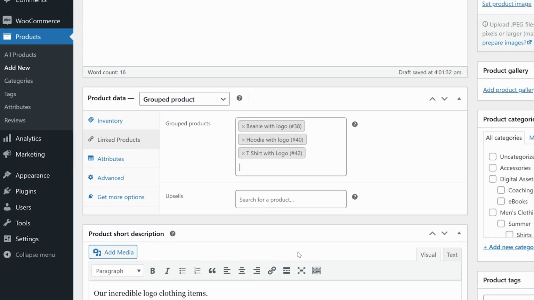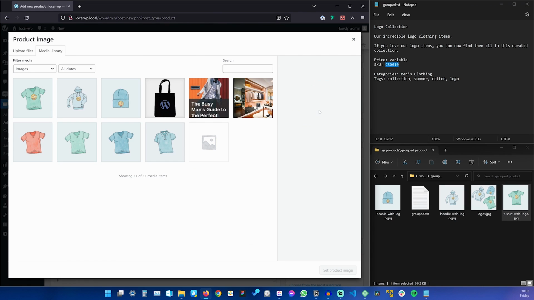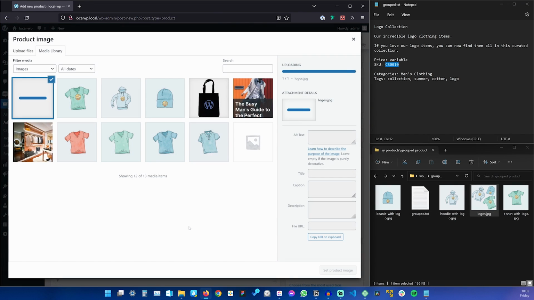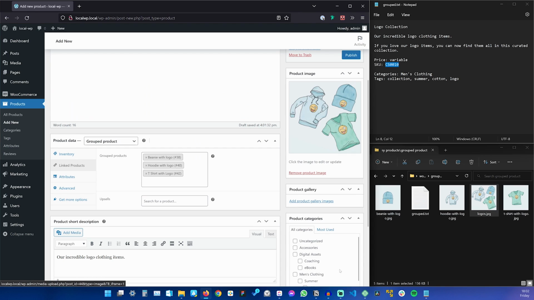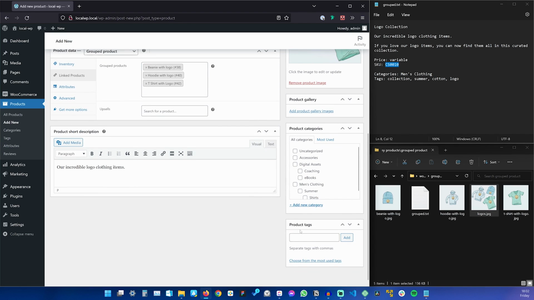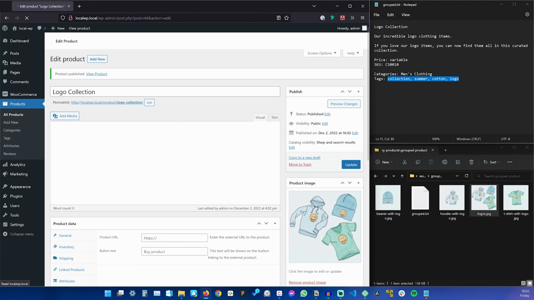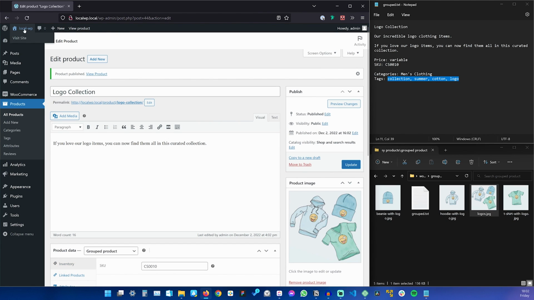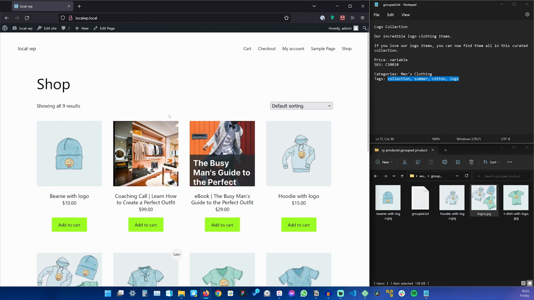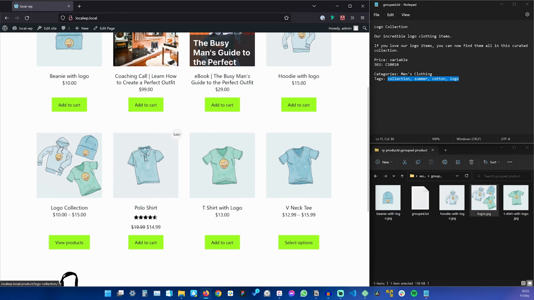And then the t-shirt. And then for the product image, let's upload this one. Set. We can give it a collection here. Let's say men's clothing. And let's also add some product tags. And we'll hit publish. So now when we open up the storefront, we can see our logo collection with prices